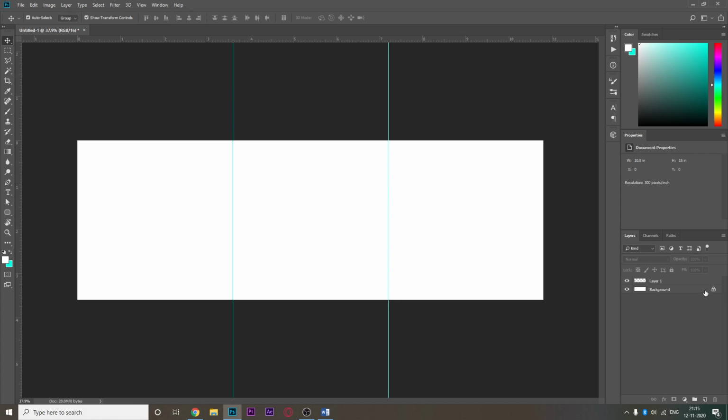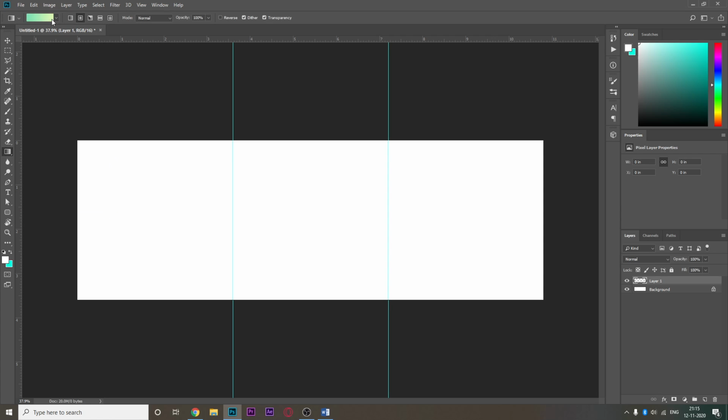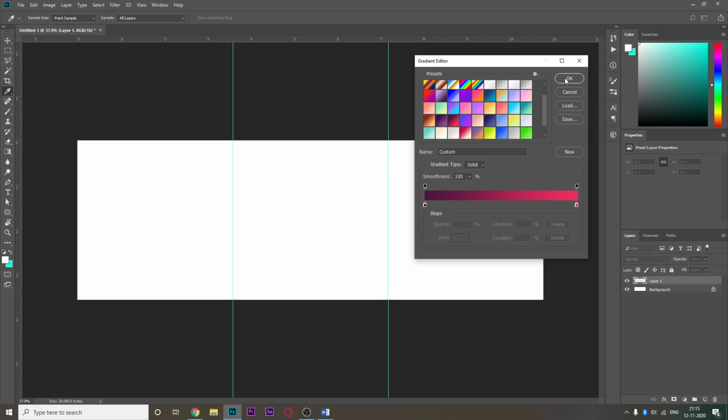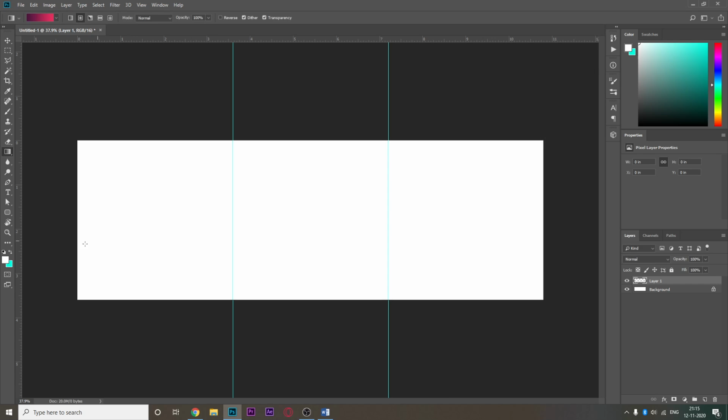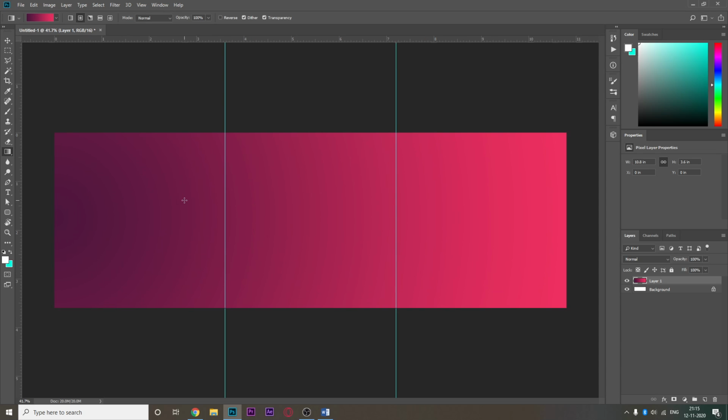There are a lot of things. Firstly, I can perhaps go with a gradient of sorts. Press G. You can see this tool, the gradient tool. I have these templates ready with me. I'll tell you where to download them. But let's say I take this right now, I've pressed G, I drag and I drop here. Just drag and drop, and it automatically makes this. Let's say I don't like this as much. I want it to go from here to here again. So now you'll see the circle goes here.